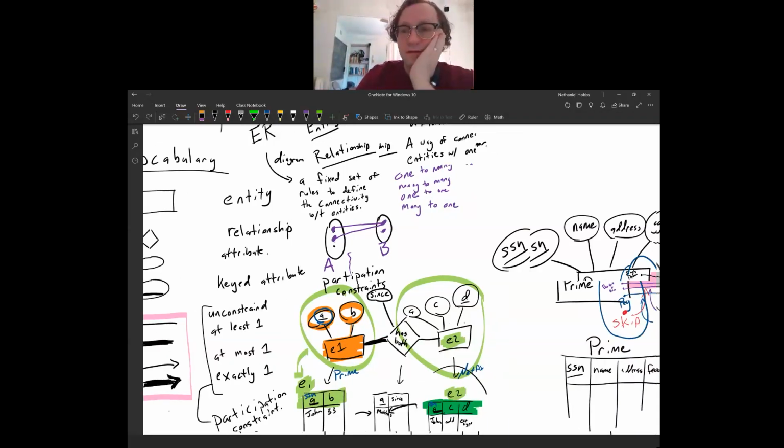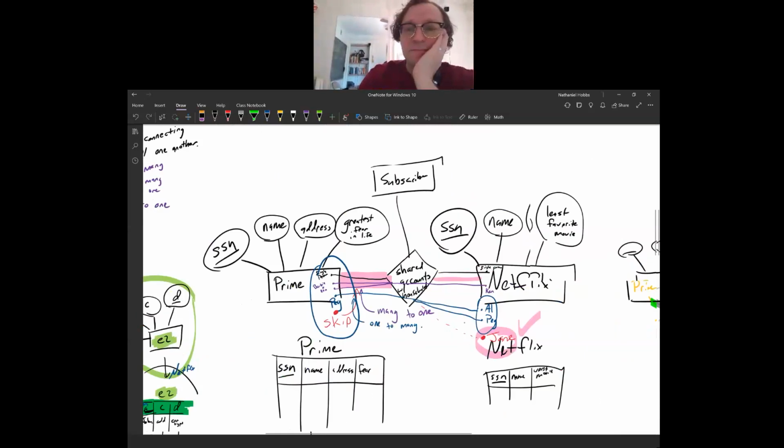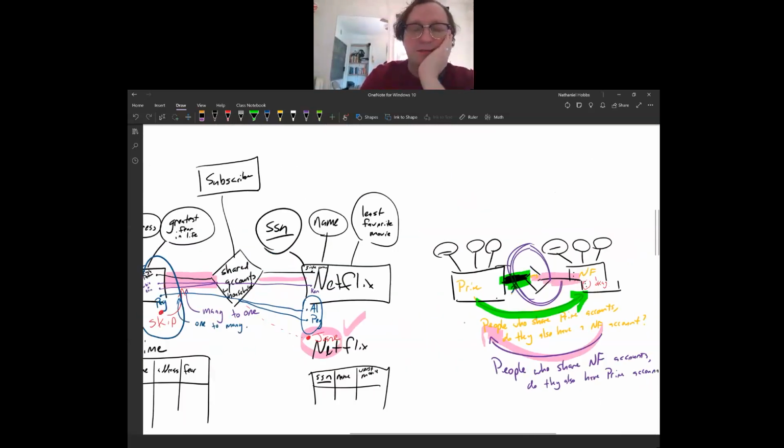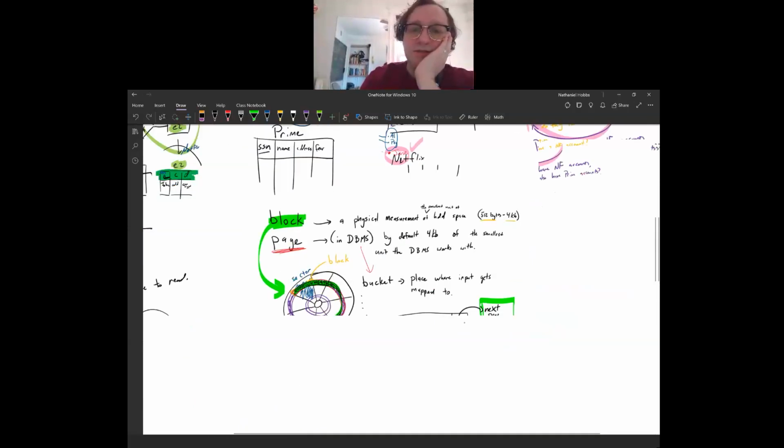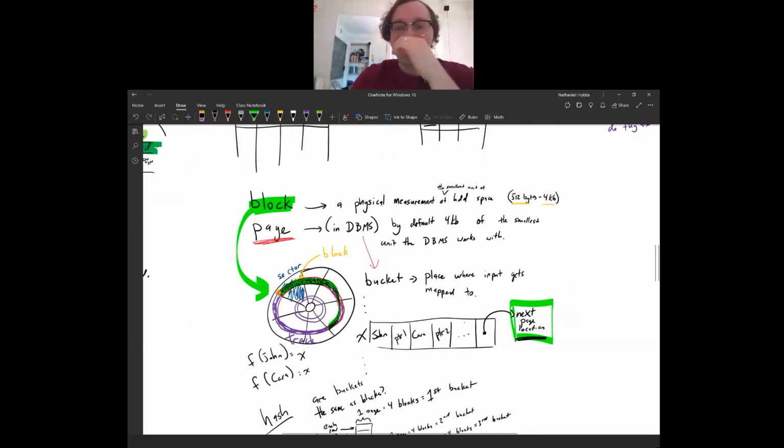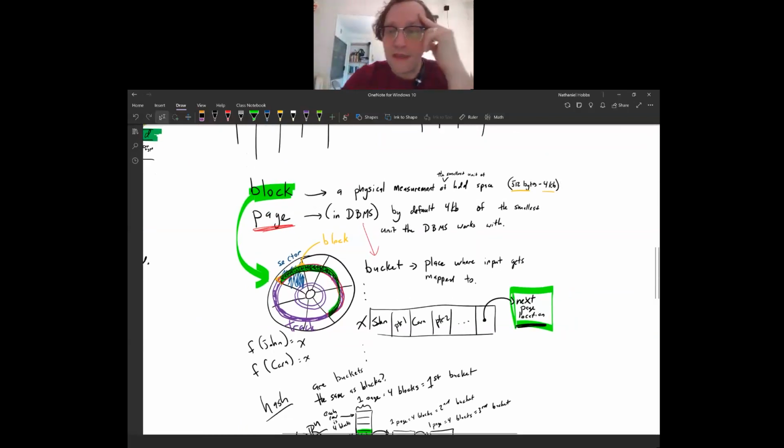Okay, I have a student asking if I can go over an email question that they asked me. So let me find that. Their question was about how buckets and B plus trees are stored on disk, and does it take up a block or what? So the answer is a little nuanced,